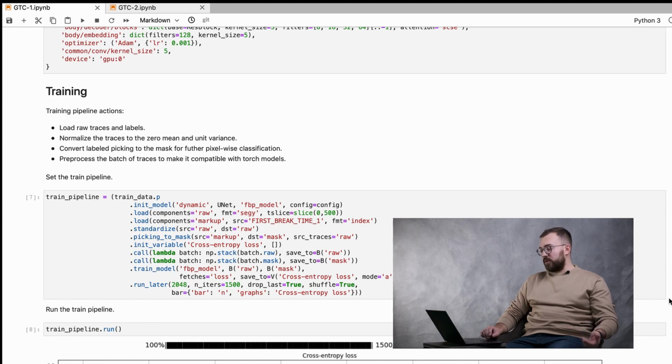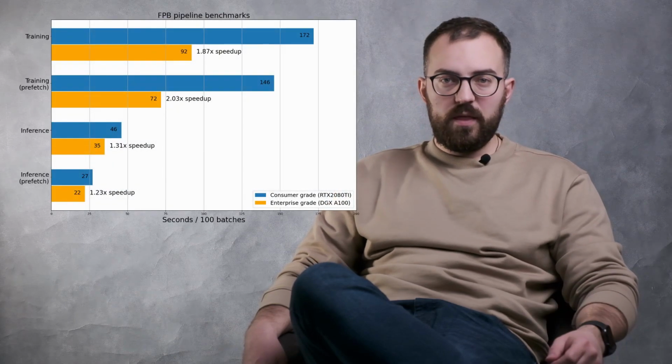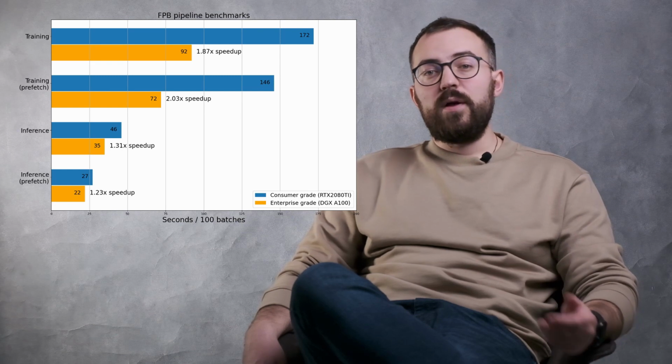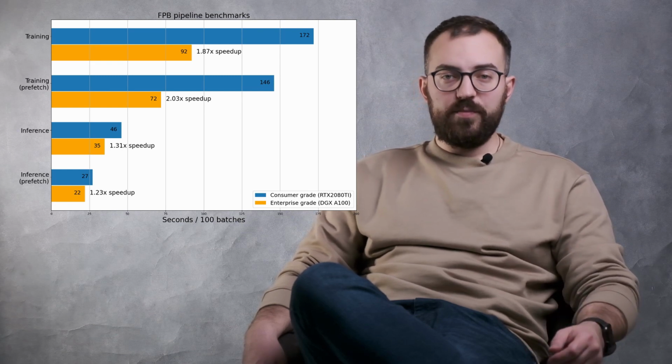Those timings are important since it usually takes hundreds of such experiments to find the proper approach, model architecture, and hyperparameters. To stay on top of it, we write efficient code, experiment with cool software tricks, and keep track of the latest hardware to benchmark our pipelines. We have trained our networks on a variety of GPUs, both consumer and enterprise grade. Here you can see the speed benchmarks for out-of-the-box DGX A100 compared to a consumer-grade GPU.